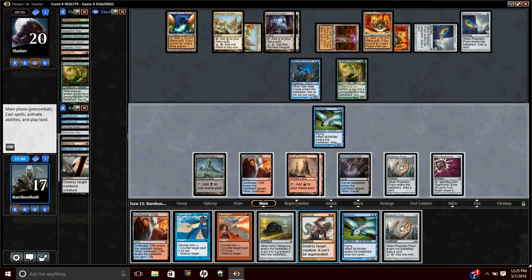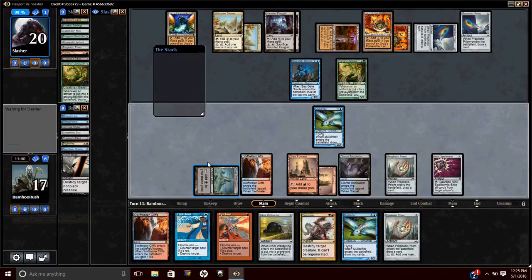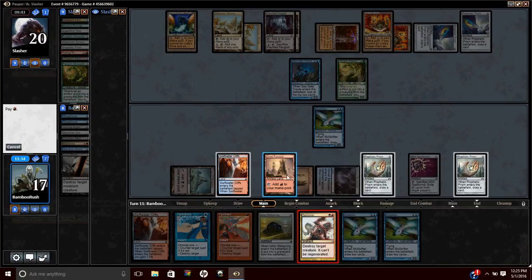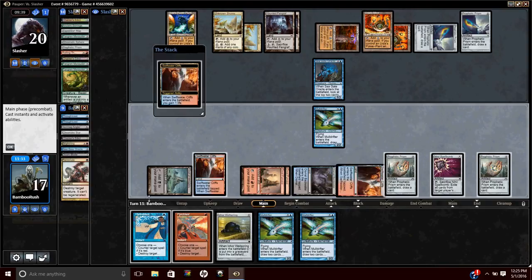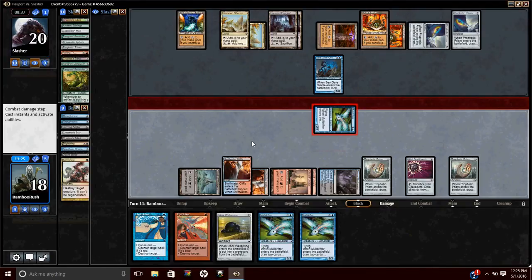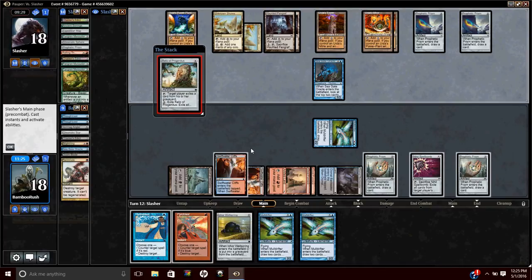So maybe we just Terminate and Prism, but I'll Prism first. So he can double Fengraph on his turn, but at least he loses 2 lands and only gets a Marauder back. And am I attacking? I guess. And he loses a bunch of